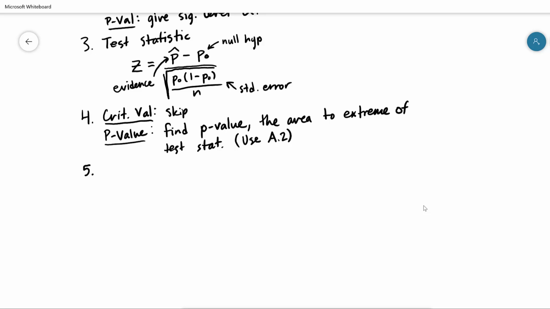The fifth step is basically where we decide if our results are weird. Determine if our results are weird. We do that by comparing our result to the result that we were going to consider weird. So in the case of the critical value method, that just means we compare our test statistic. So our result is weird if